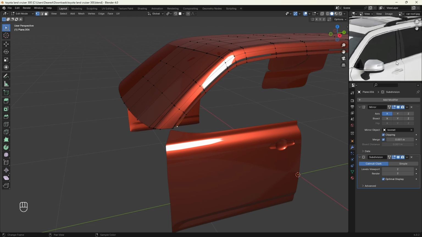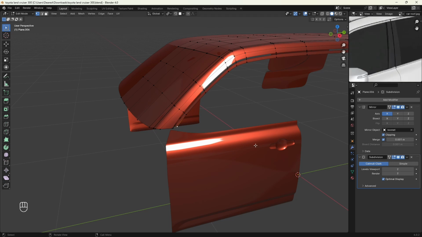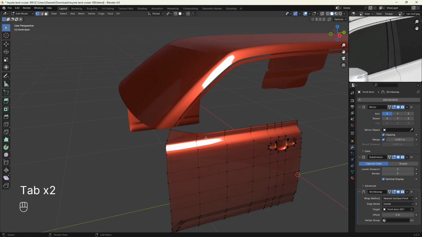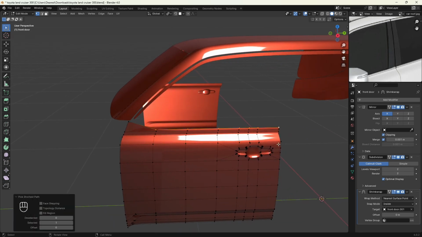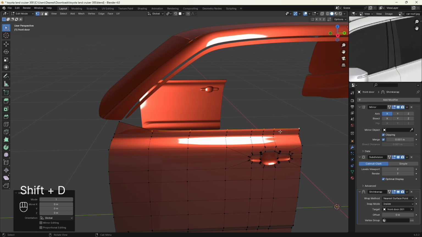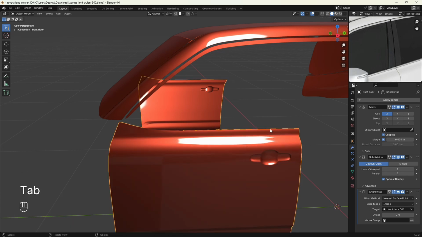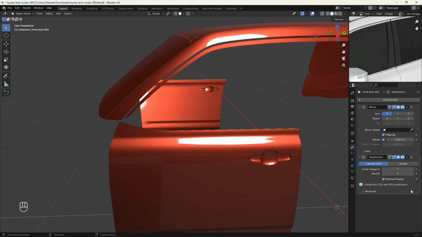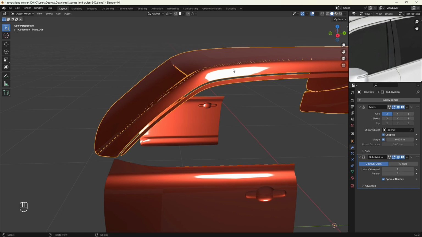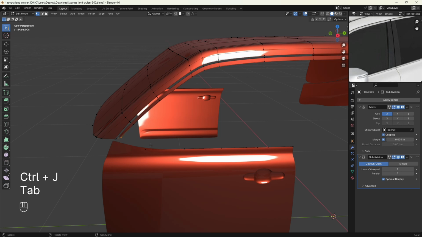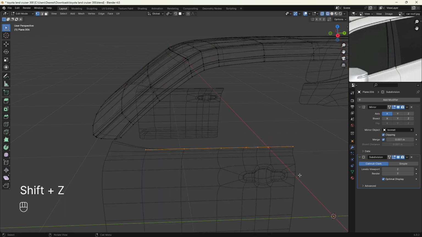Now for this bottom panel, I'm going to select this front door, select this vertex, and holding Ctrl, select the last one here. Let's duplicate them out and cut them out by selection. Select that part again, and let's remove the shrink wrap modifier from it. So with that part still selected, I'm also going to select this roof and let's join them together. Go into edit mode and let's select all of them again,